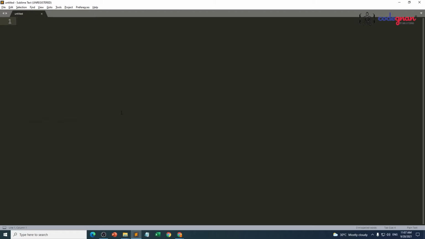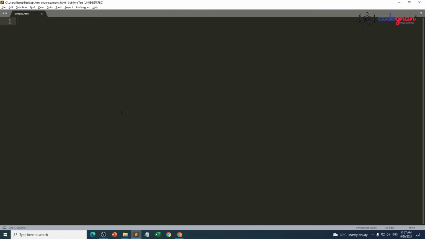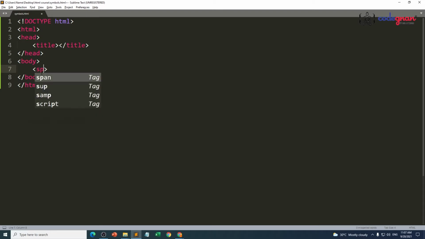There is a lot, guys. Let me show you one example and you will understand. Symbols.html. If you want to create a particular copyright symbol, what we need to do? We have to first of all simply select a particular element. For such type of information, we are having one element called span. We can use paragraph or any other element also. Span is having some type of inline scope. It is not going to place your content in separate lines. You are going to see that complete information in a single line itself, like your anchor tags.